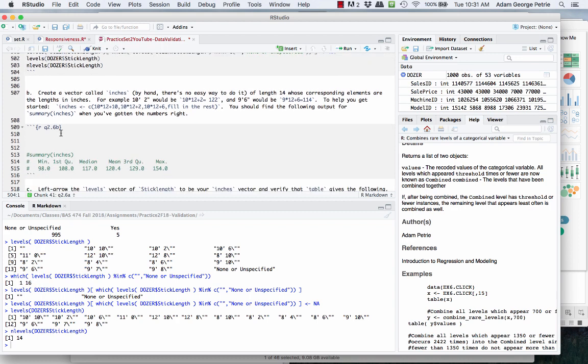So now, replacing these with numbers, the number of inches. I suggest a method of doing this. You could go through and just hand calculate all these things, but here's what I'm going to do. I'm going to create a vector called inches, where I figure out, okay, 10 feet times 12, that's 120 inches plus 10. So we're going to create a vector whose entries are the number of inches for each one of these levels. And I've got you started here. 10 times 12 plus 10, then 10 times 12 plus 2, 10 times 12 plus 6,